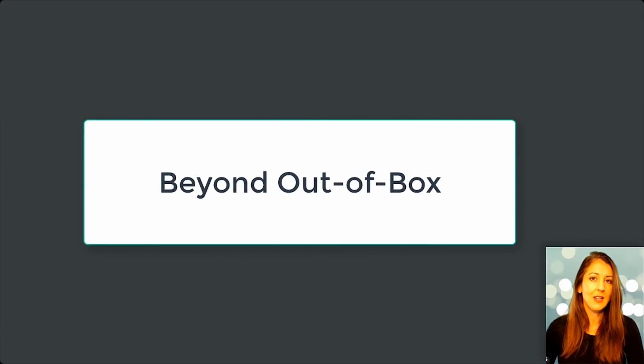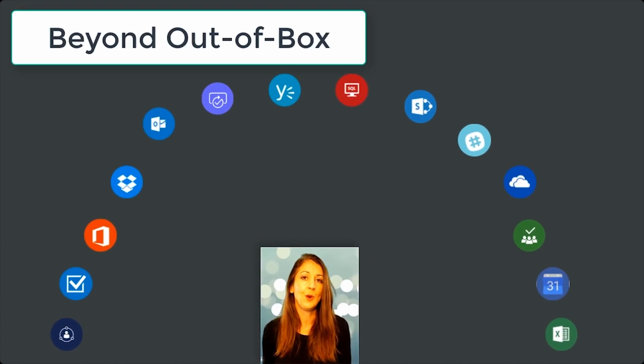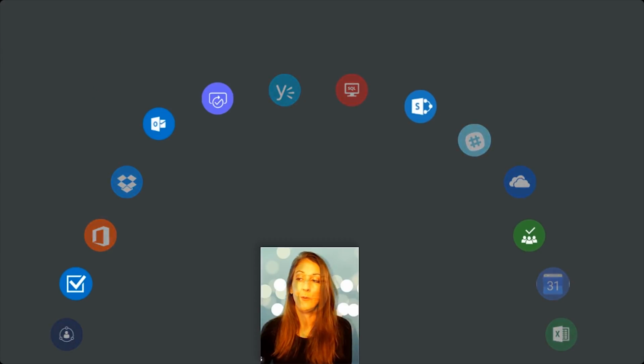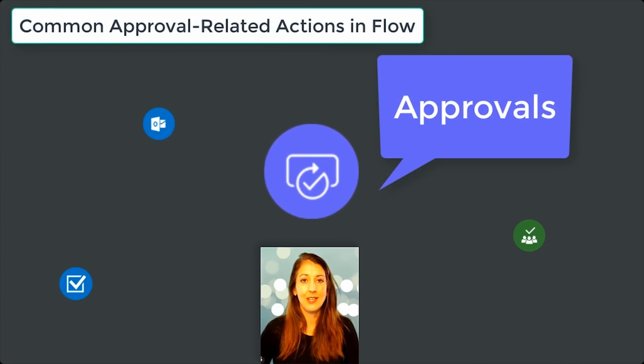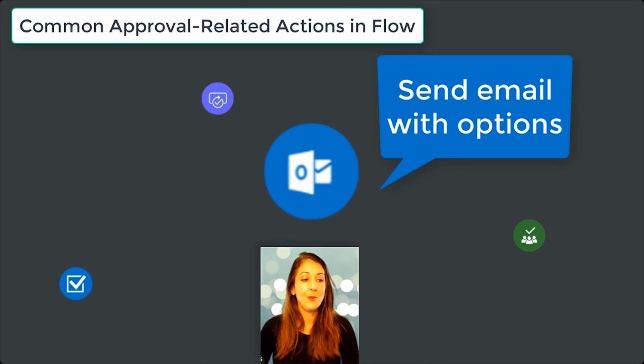So let's go beyond out of the box and talk about the best actions that are useful when it comes to approval processes, specifically in Flow. Approvals is the action that utilizes that approval interface on the Flow page and uses all those built-in approvals. Send email with options is a great one. It will send an email with a couple of buttons in it, and the end user will click to pick a specific option, and the flow will keep running from there,